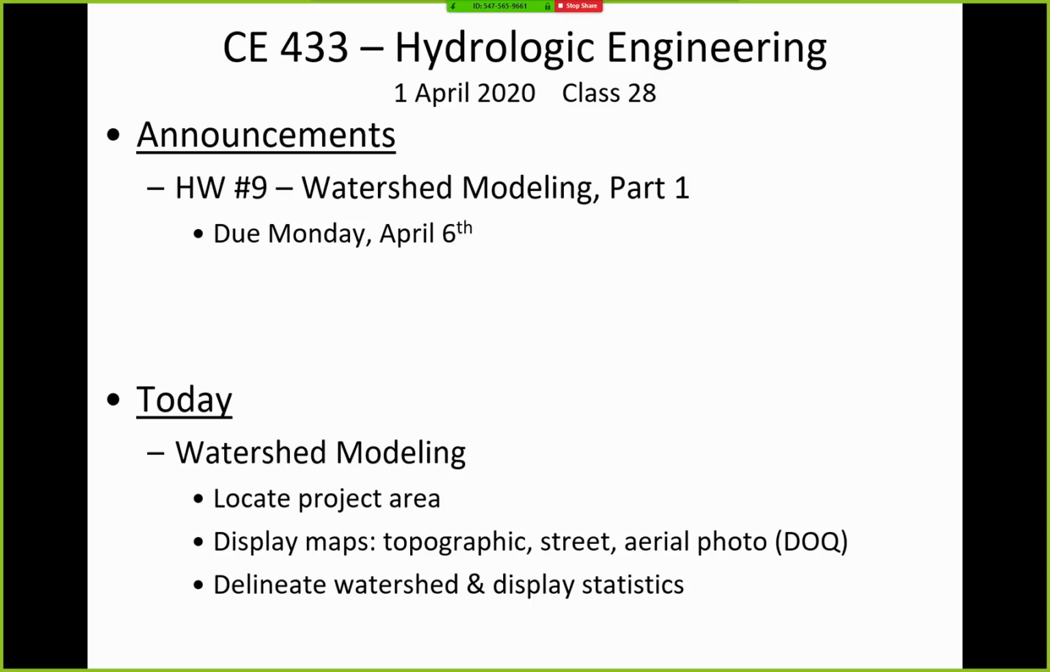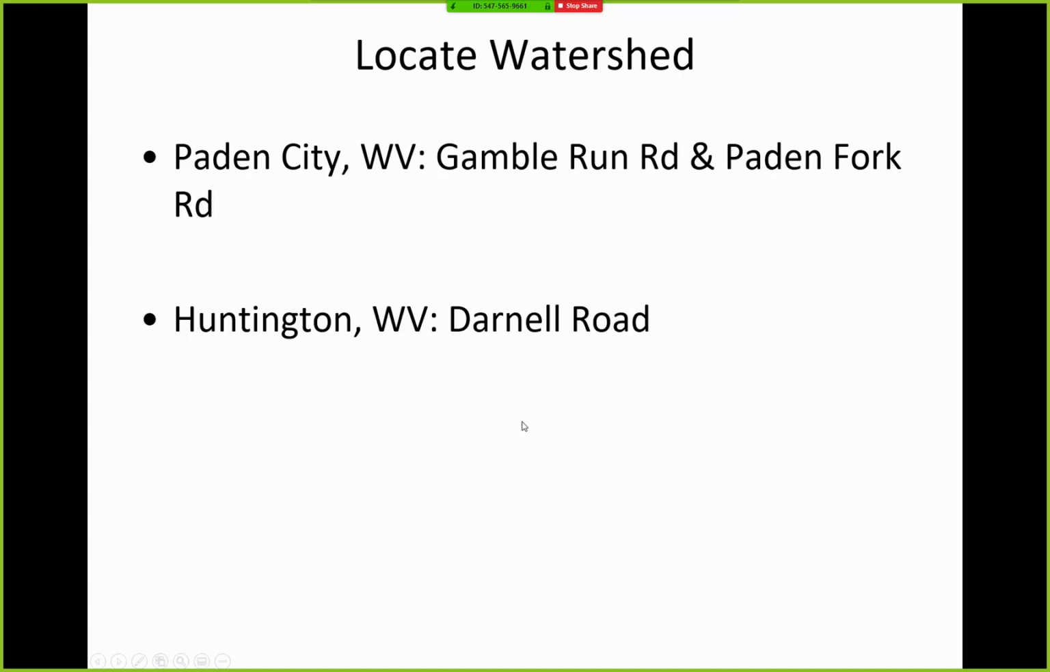All right, so we're going to use WMS today on 2 different locations. The 2 locations that we're going to be using it on is Paden City, West Virginia, and on a watershed in Huntington, West Virginia. And sometimes one of the difficult things in watershed modeling is just even finding the project that you are trying to be working on. The first site that we're going to try and do, Gamble Run and Payden Fork Road in Payden City, West Virginia. And so